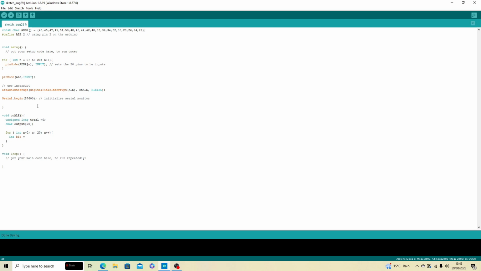So this bit will actually read the pins, and they can be either a 1 or a 0. And then to the serial monitor, print this out.